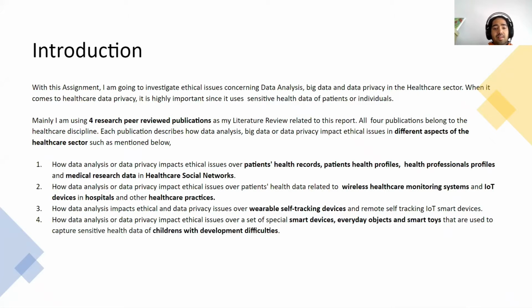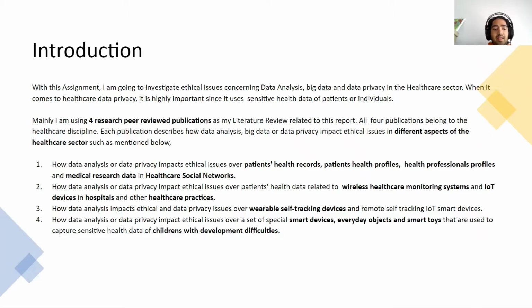Here is a summary of the publications. The first one I choose: I'm choosing the healthcare sector as a discipline in order to analyze the ethical issues over data analytics and data-related privacy. So my first